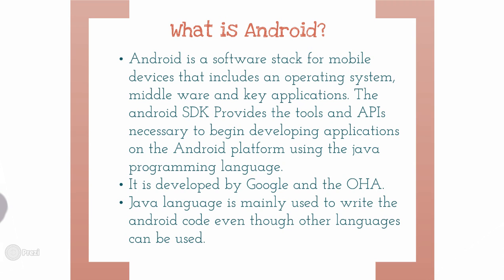So we'll see next the history, who started this Android, what is the Google role, and what is the OHA role. As already told, we can use the Java language to develop these Android applications. That means the Android SDK officially supports the Java platform, but we can use other languages also. It means in the industry, we are developing two types of applications, and one is pure Android applications, and the second one is